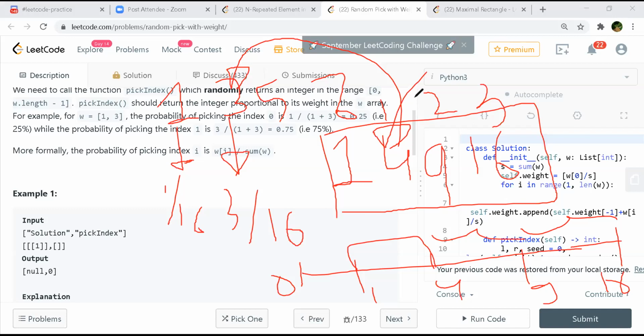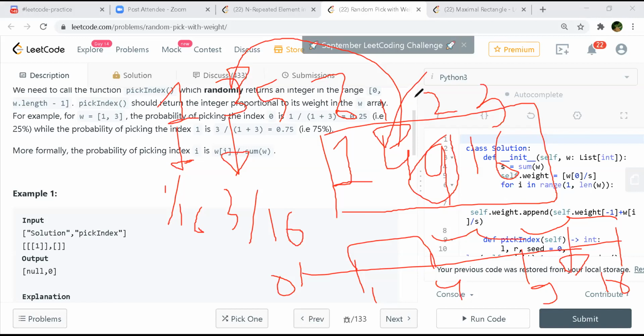As was said, this area represents 3, this represents 5, and 9 to 16 represents 7. If my random number gives me anything here, I have to map it to 7. So let's say my random number picks the number 9.